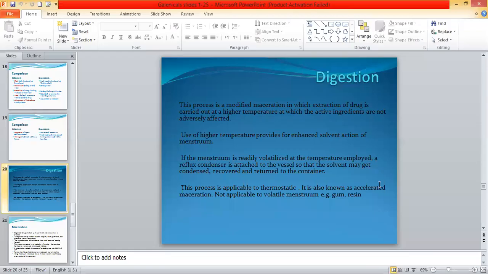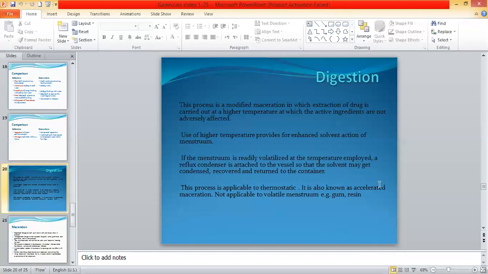So a reflux condenser will be used if the menstruum volatilizes or evaporates too quickly. In that situation, the reflux condenser is attached to the vessel, and the solvent will be condensed and recovered and returned to the container. So it is a good way to recover the menstruum, because the menstruum or the solvents are expensive, and